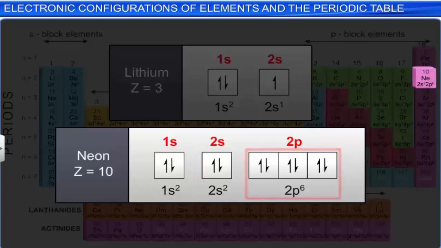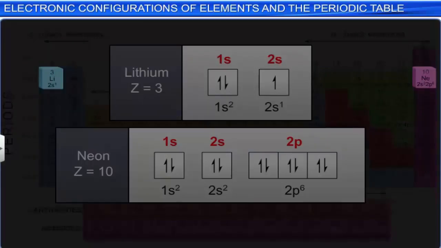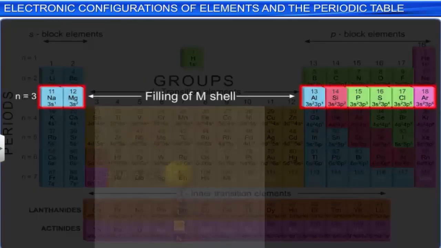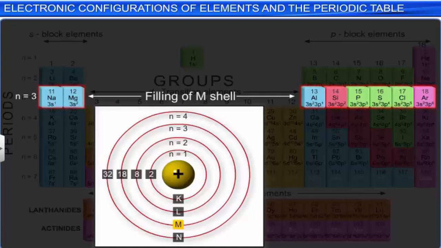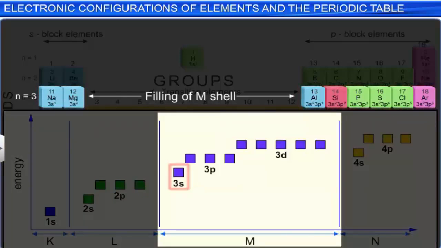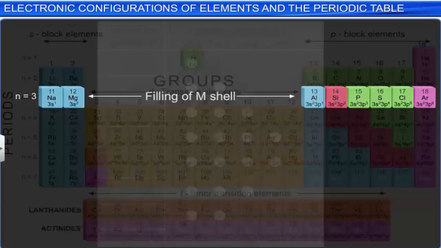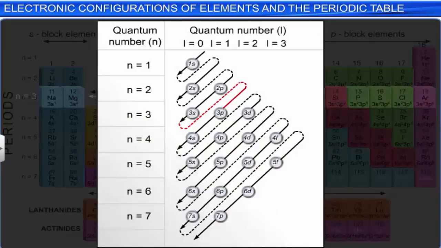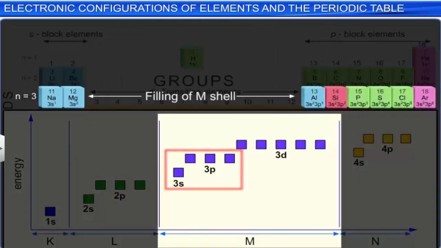The third period corresponds to the filling of electrons in the third energy shell or M shell, where n equals 3. Although the shell has 9 orbitals, 1 3s, 3 3p and 5 3d orbitals, filling electrons in 3d orbitals is not energetically favorable as per Aufbau principle. You will learn more about this principle in the next module. Therefore, only 4 orbitals are available for filling electrons, which allow a maximum of 8 electrons in the outermost shell.